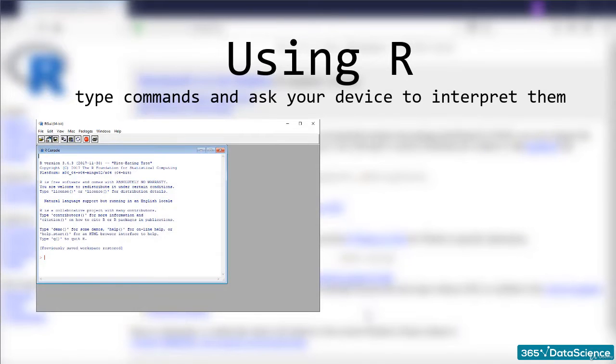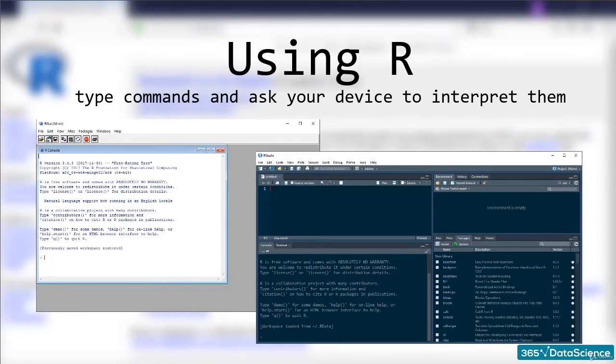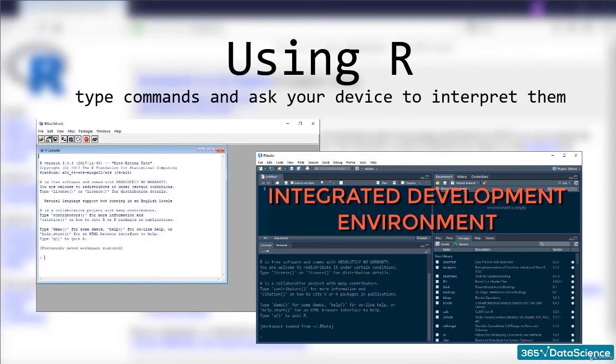You can use R's own terminal window to write and execute code, but the interface is not nearly enough for a pleasant and even productive experience. This is why today there is hardly a person who doesn't use R with the RStudio application. RStudio is an integrated development environment for R